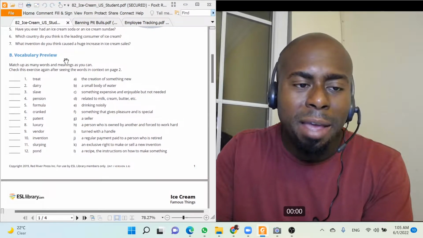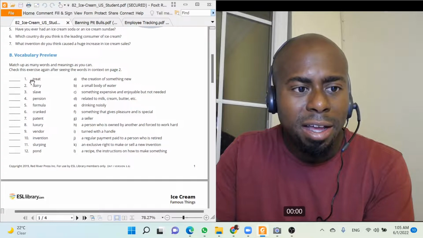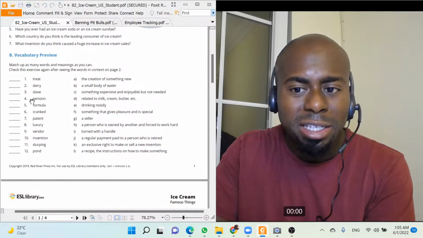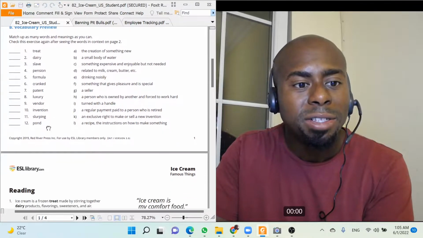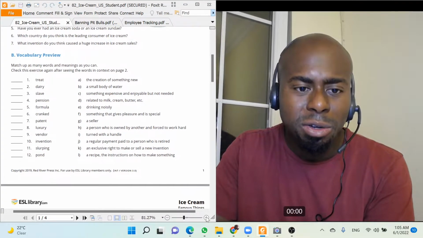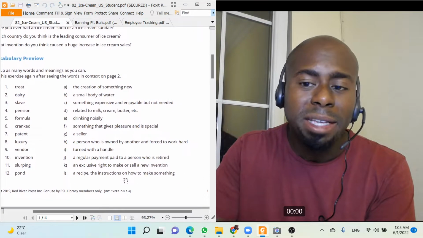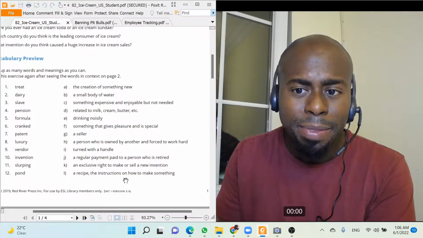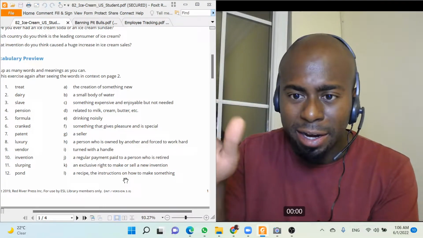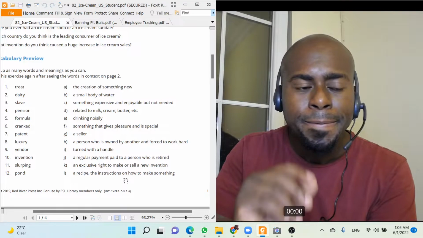Let's go to the vocabulary preview. In the vocabulary preview section of these ESL Library conversation sheets, they usually have a list of vocabulary words before you get into the reading. Okay? So the vocabulary is sometimes hard, sometimes easy. It's good to have a mix of words that they know already, and also some new words and phrases. That way you're not overburdening your students with too much information, like information overload. You don't want that, okay?